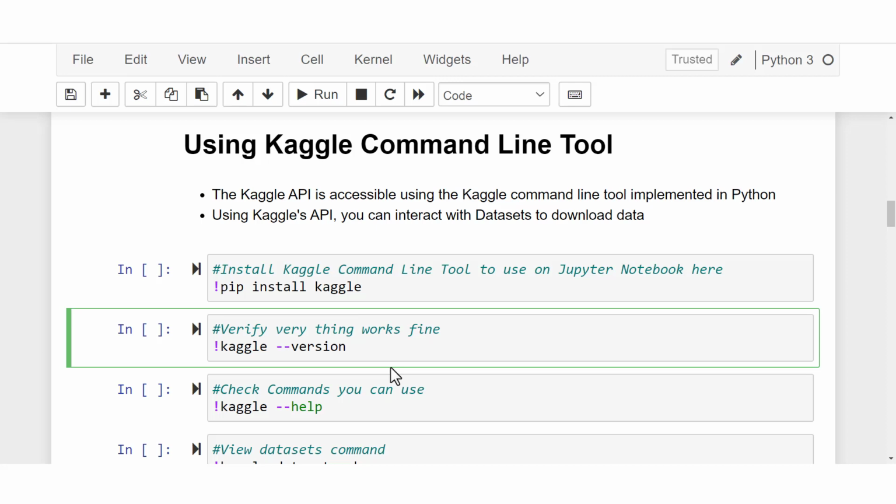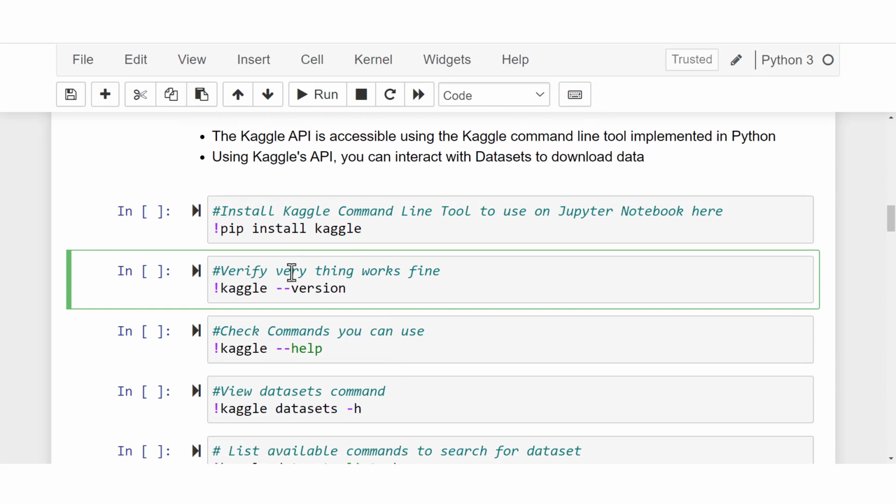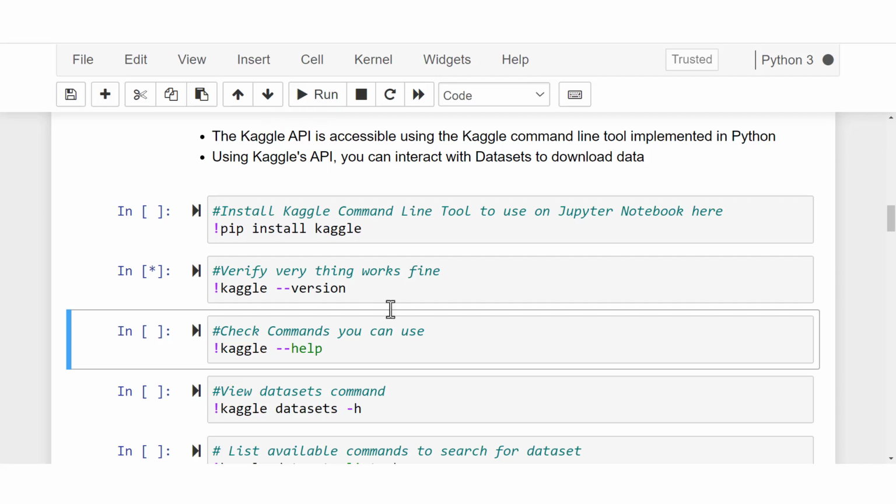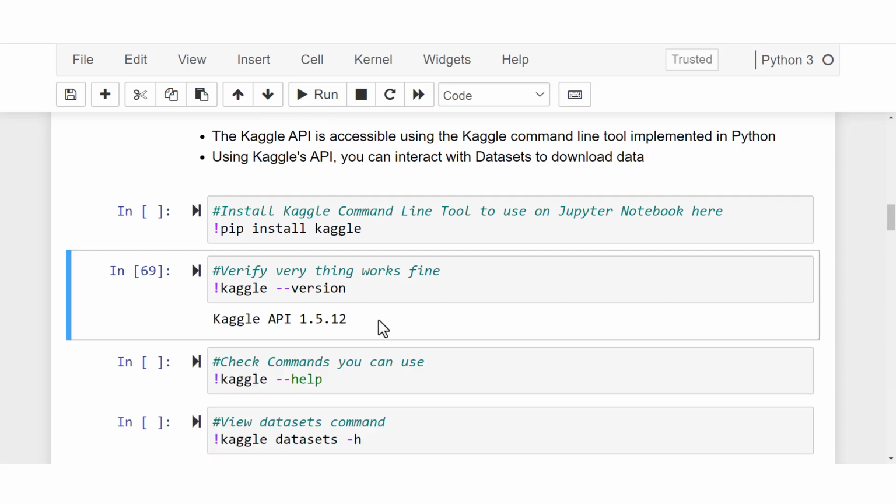So I'm going to go to the next cell here. I'm going to verify whether everything works fine and the Kaggle command line tool has been installed that can interact with my Kaggle API. So I'm going to run this code now, and right now you can see I have the Kaggle API